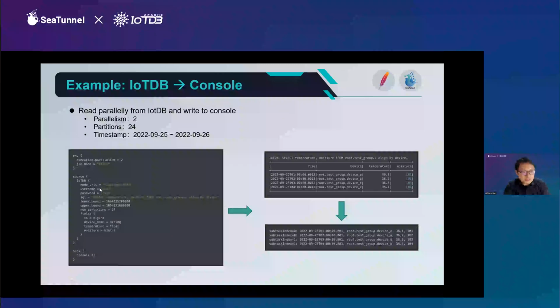And here is the code. You can see it's very easy. Here we define the parallelism as 2 and the job mode as batch. And we just show you the IoTDB source: the user, password, and a SQL. And we just define the lower bound and upper bound, and also define the partitions. And then we will map these different